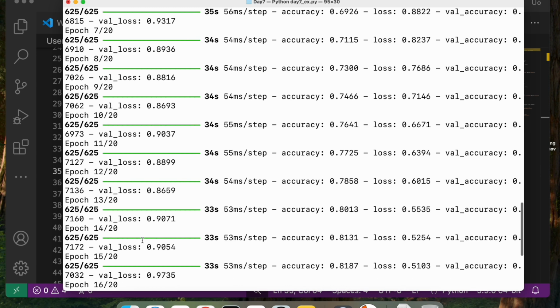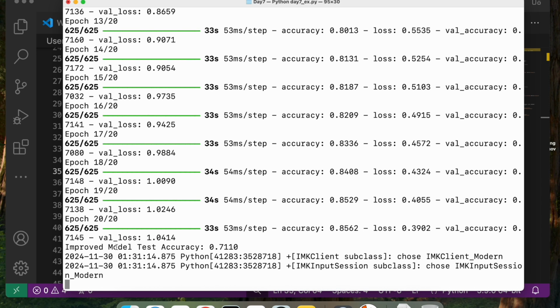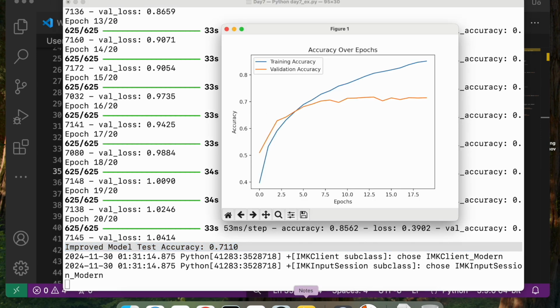Also, it went through the 20 epochs for the improved model that we created, and we got a test accuracy of 0.7110. As you can see, it's improved. And then finally, our plots where it shows our epochs, which are 20 epochs, and the accuracy, as you can see here, it keeps on increasing above and above the training accuracy. The validation accuracy is right here.